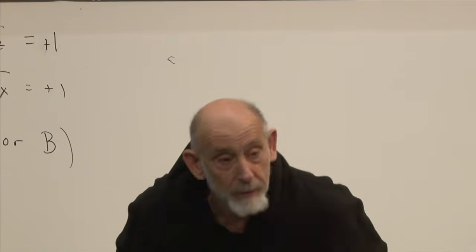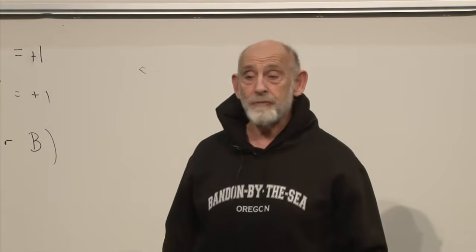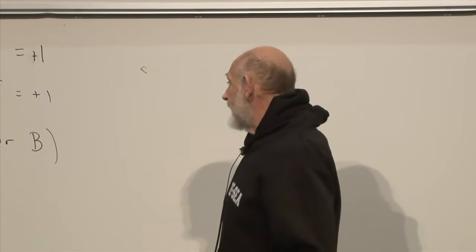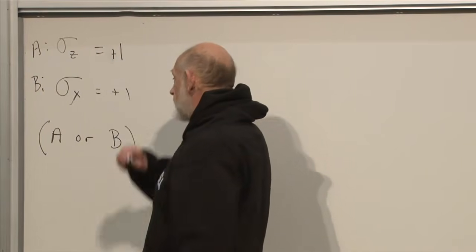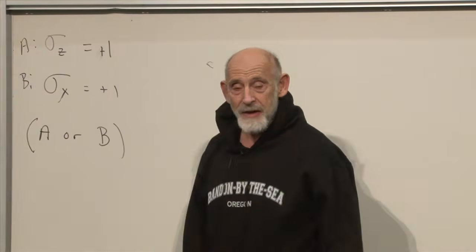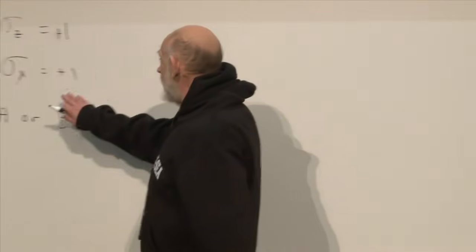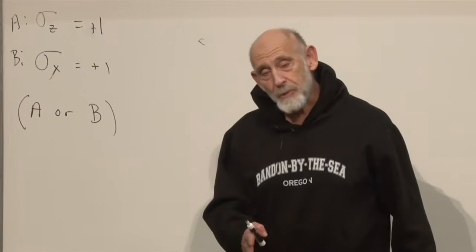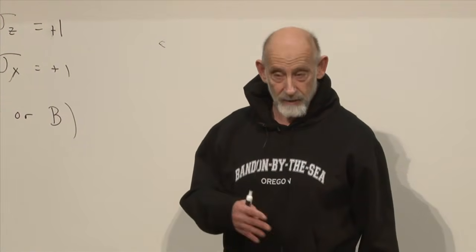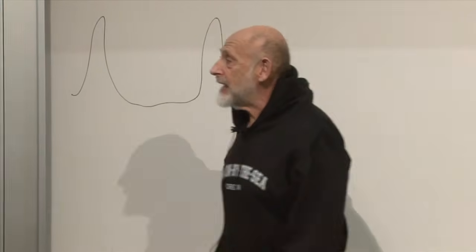50% probability of being up and 50% probability of down. That means we have a 25% probability of finding both that sigma x was equal to minus 1 and sigma z is equal to minus 1. We have a 50% probability in the first experiment that sigma x was not equal to 1, and then in the next experiment we have another 50% probability on top of that that sigma z was not equal to 1. So we have a net probability of 1/4 that both A and B were false when we did the experiment